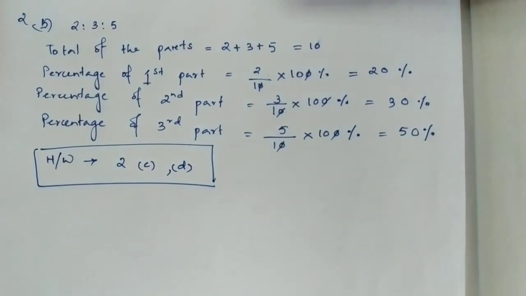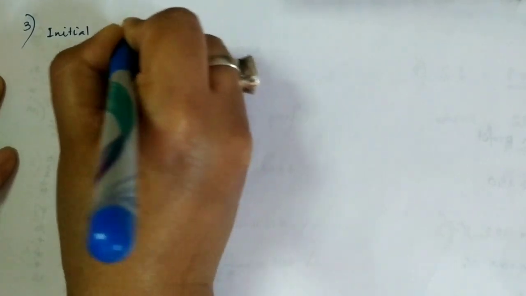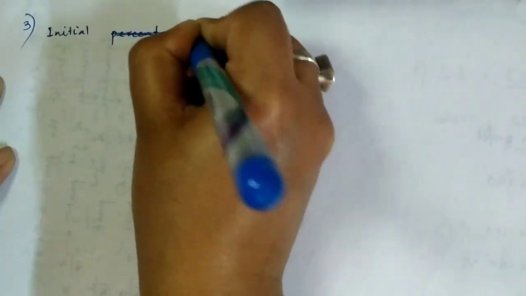Now let us move on to the next question, that is question number 3. Let's read question number 3. It's given the population of a city decreased from 25,000 to 24,500. Find out the percentage decrease. Okay, so let's see. What was the initial percentage? Sorry, not percentage. I'm very sorry. Initial population